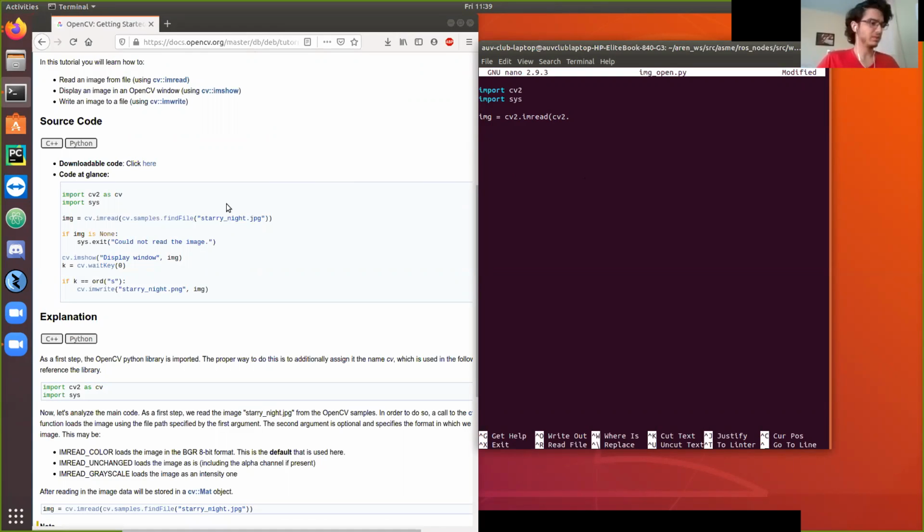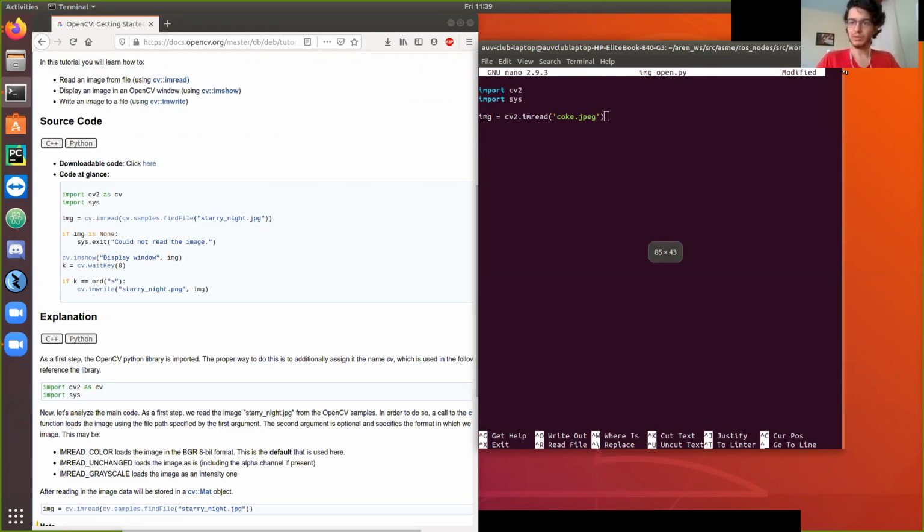Let me see here. It should just be image is equal to cv2 and then you give it the path. So let's try this and see if this works. Coke dot, I think it was a JPEG like that. So read coke.jpg, and coke.jpg is in that same, that's one thing you want to make sure about, is it's